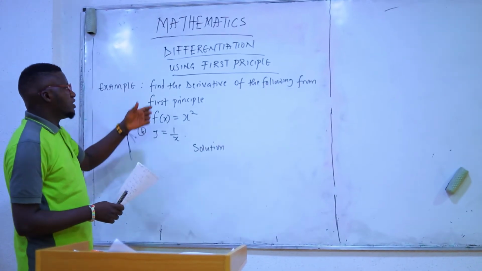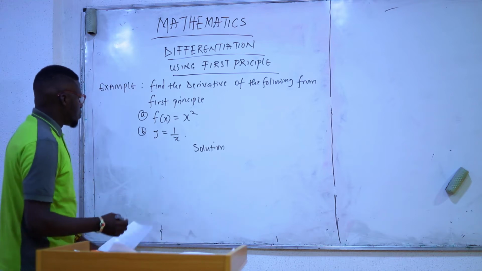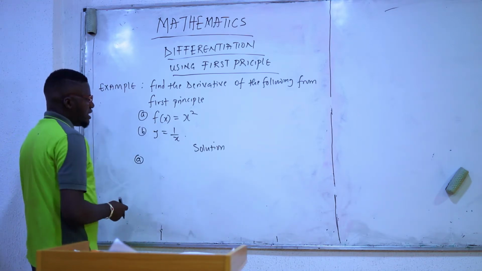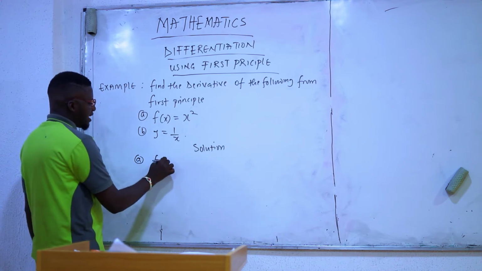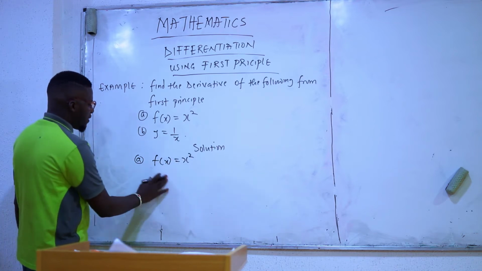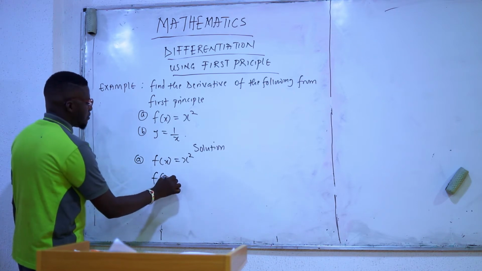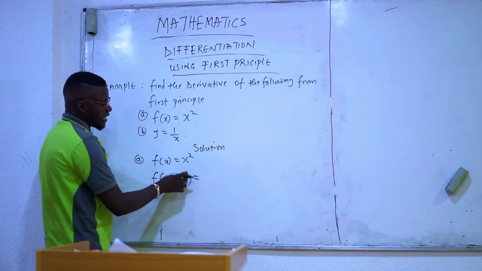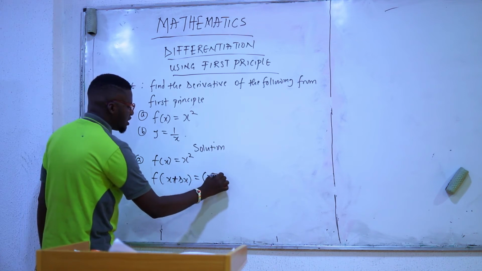So I have an example that says, find the derivative of the following from first principle. So my A, now A is f of x equals x squared. Then B, I have y is equal to 1 over x. So my A says f of x is equal to x squared. So all I need to do is to find my f of x plus change in x. So I have my f of x plus change in x is equal to, so I'm going to substitute my x plus change in x in place of this x, which I'm going to have x plus change in x